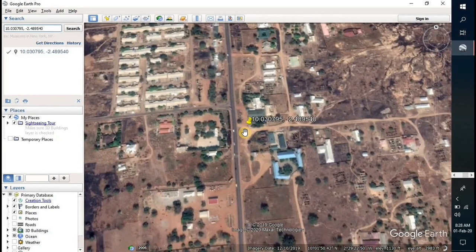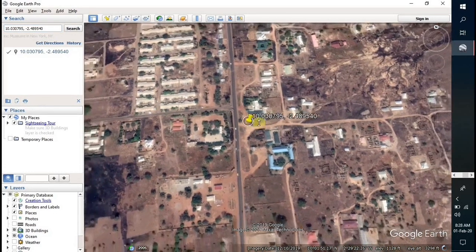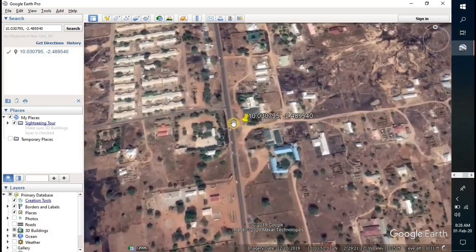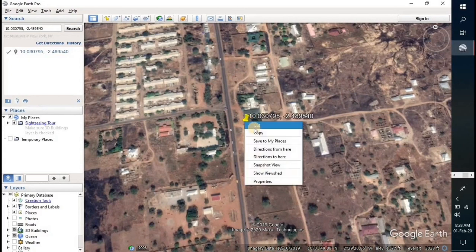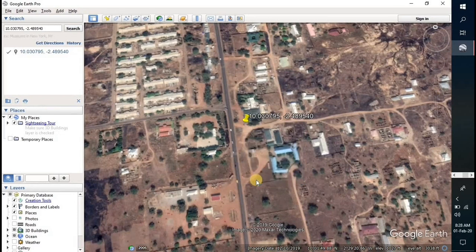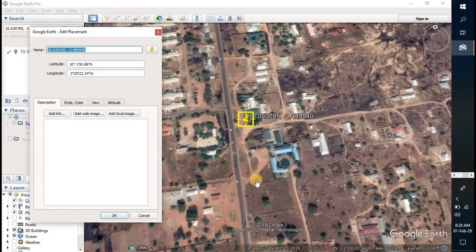Okay, so the next item is how to add a place mark to the places you search on Google Earth Pro. So to do this, you just need to right click on this sign, the yellow symbol here. When you right click on it, select properties. Okay, it opens a pop-up menu,